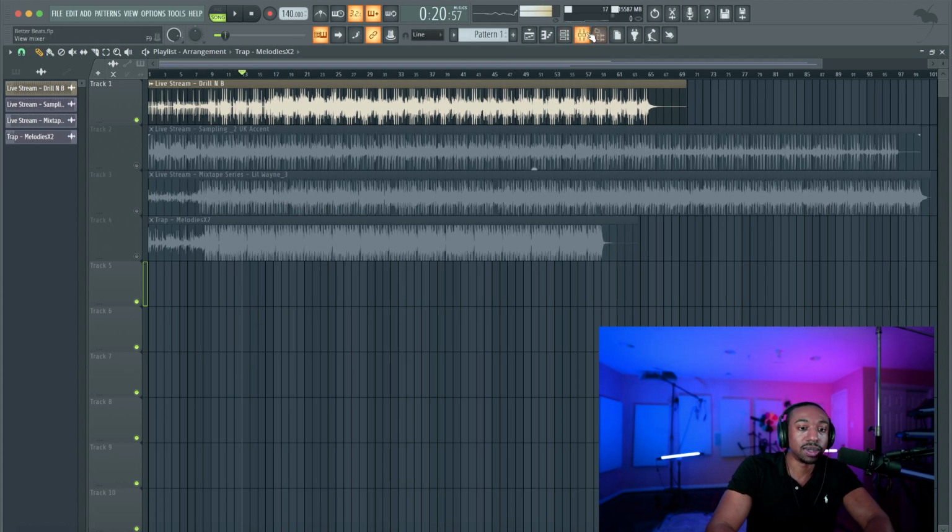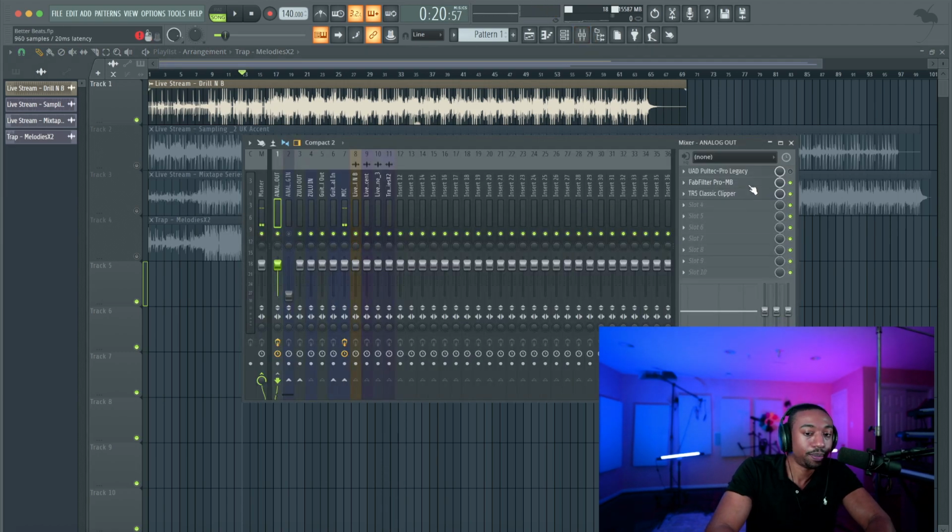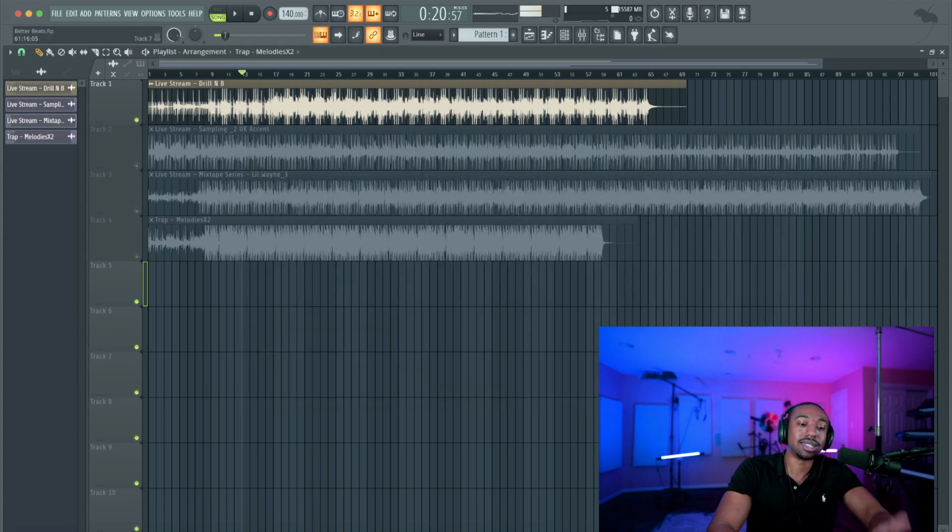That's the biggest mistake: we're sold plugins that add brightness and add all these things. What about plugins that just simply take away? They're not as glamorous, but they do a great job. In this case, we're going to use the FabFilter Pro MB. You can use any multi-band compressor. You can use the C6 from Waves. FabFilter Pro MB is my favorite.